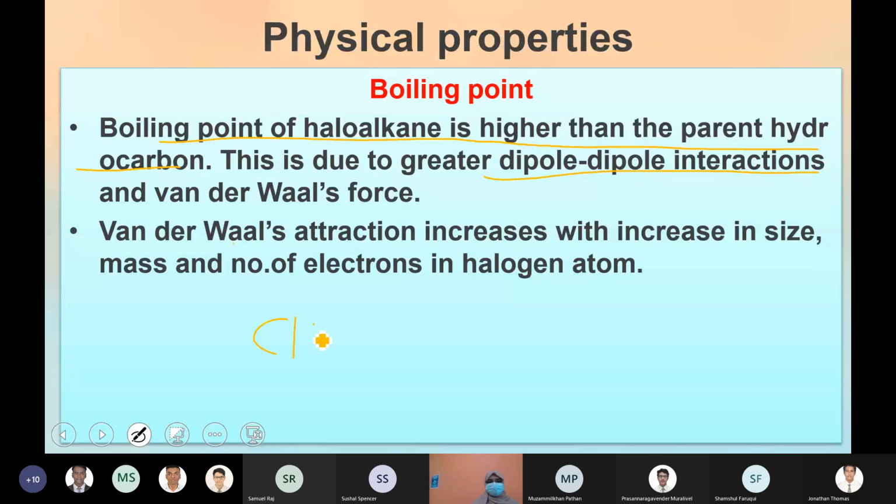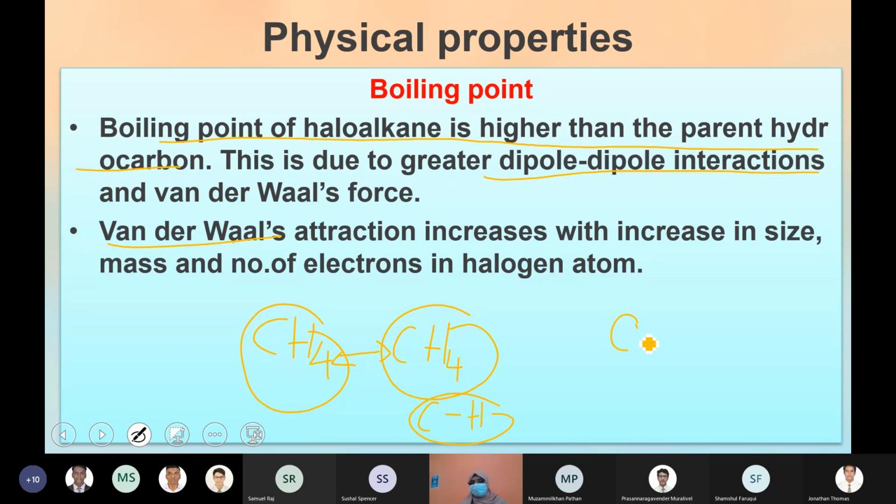So if you take methane, a simple hydrocarbon, we discussed that carbon-hydrogen bonds are non-polar. So there is no polarity. If you have two methane molecules coming together, there is no attractive force. They tend to move apart from each other because the only force acting between them is van der Waals force, which is the weakest force of attraction possible between any two molecules. So in the case of hydrocarbon, the two molecules are attracted by van der Waals force of attraction.